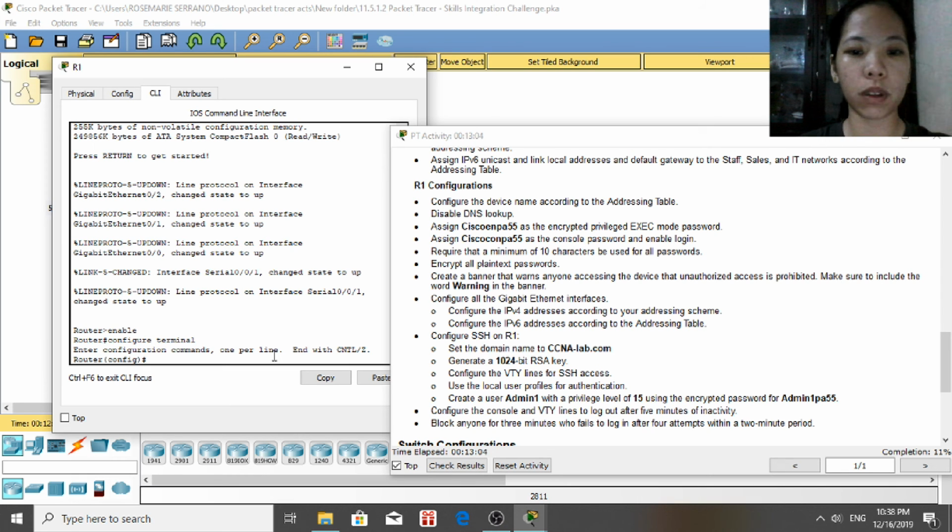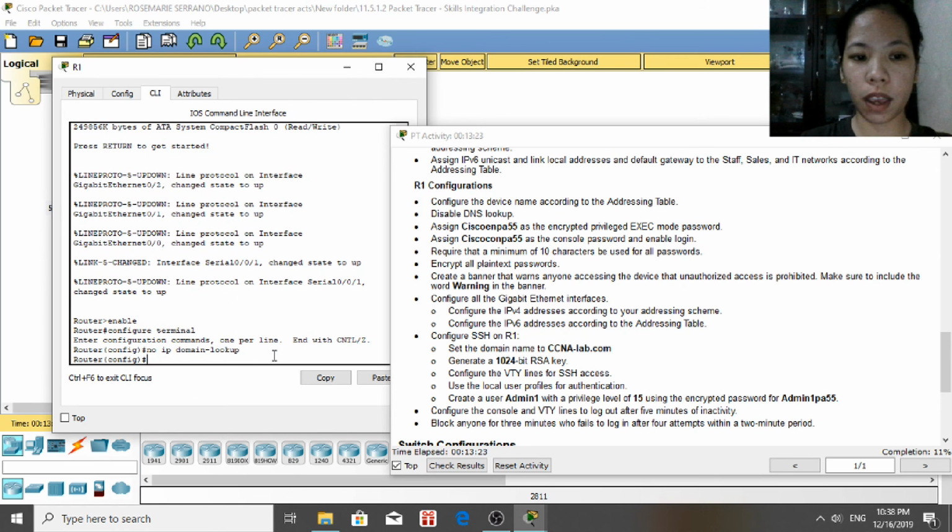So to disable the DNS lookup, we will use the no ip domain-lookup command. And then next, assign Cisco ENPA55 as the encrypted privilege exec mode password. So we will put the enable secret Cisco ENPA55,